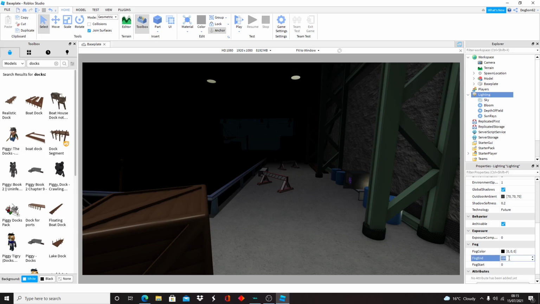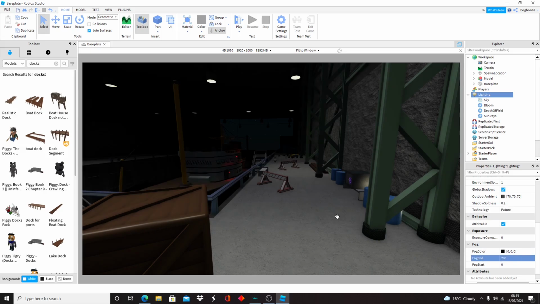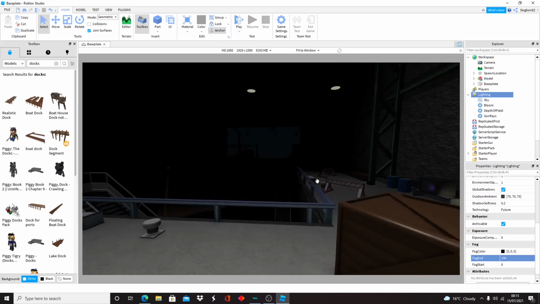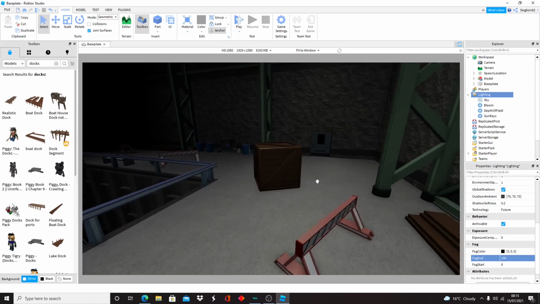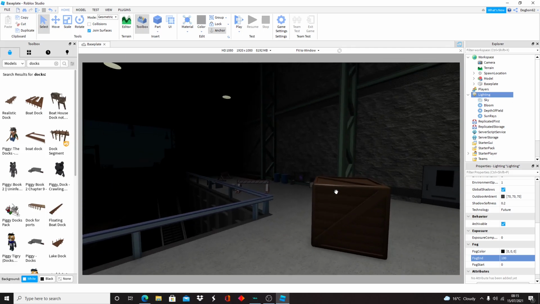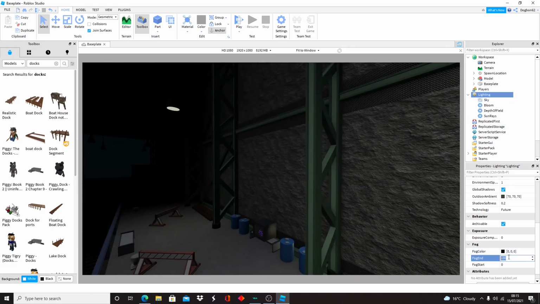You can also do 200, which brings it a bit further out and lightens it up a bit, and you still can't see in the distance there. So it depends what effect you want to get for your game. If you do 100, it brings it right in and you can't see things further out. And the other good thing with changing it to future map and adding the fog in there is when you take it all away